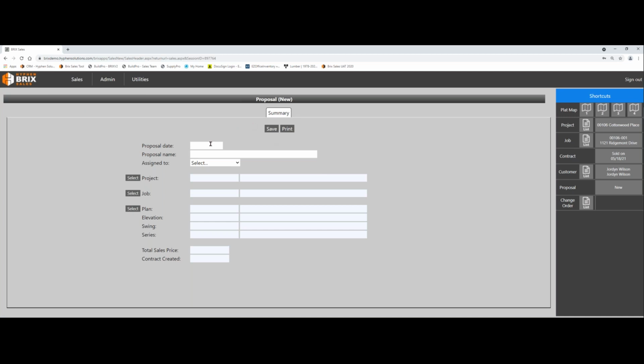From here, you're going to be able to put a date right in. So we're just going to put today's date. I like to put the, and you'll see from the list of proposals that I have created, I've started to really like to put the date first. So we're going to put May 18th,